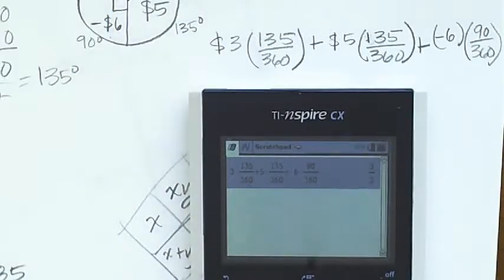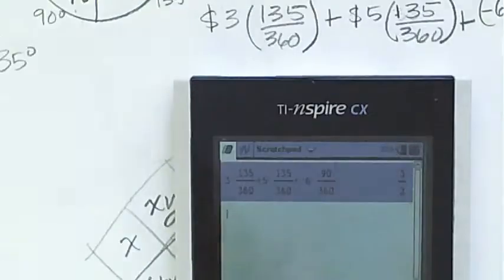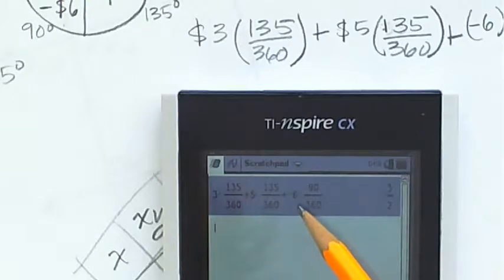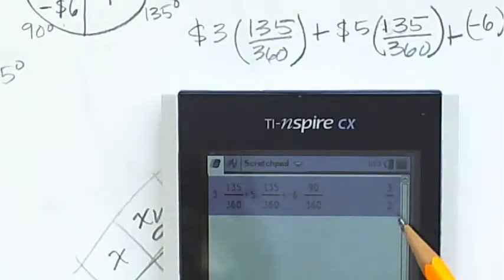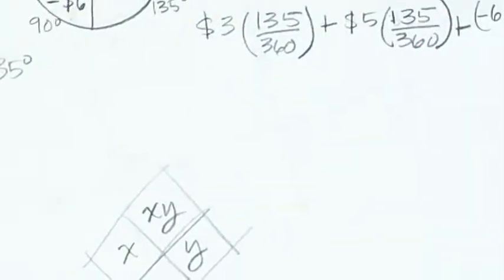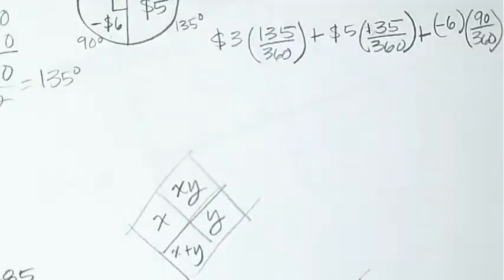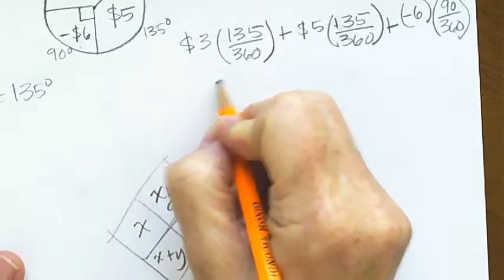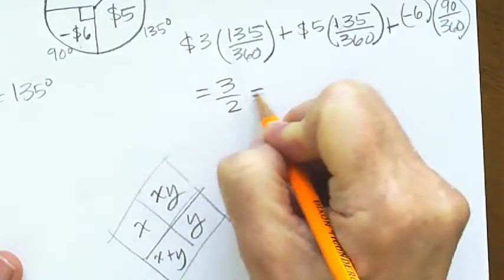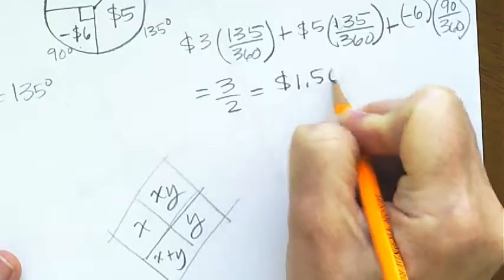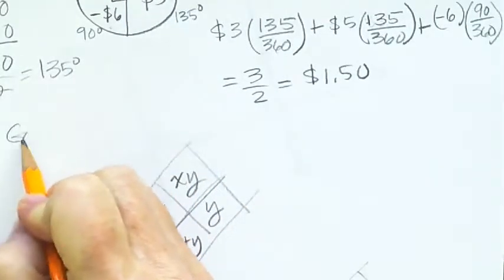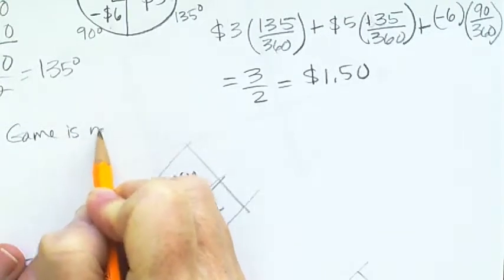Okay, so I typed in 3 times 135 over 360. I typed in all of this. It's kind of hard to see, but that 6 is negative, and I got 3 over 2. So that means the expected value per spin is $1.50, and that means the game is not fair